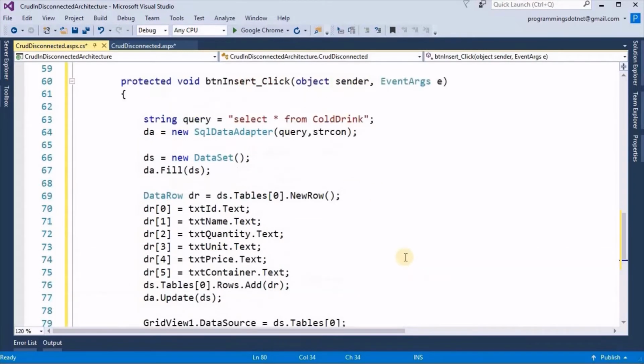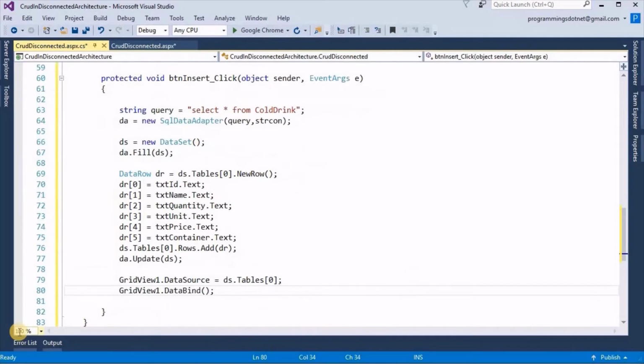So this is the code for the insert button. And now if we see